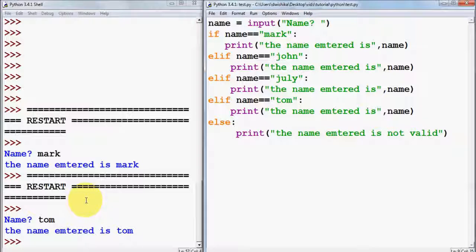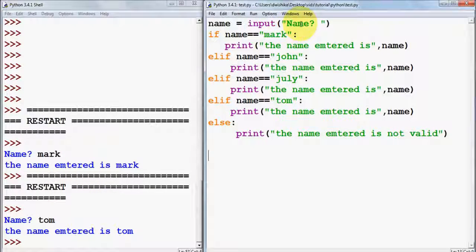So what's the flow of the program? We are asking the user to enter any name. When the user enters a name, it goes into this name variable, and then the program comes to this place to compare this name to the name Mark. And if the name is Mark, it will print